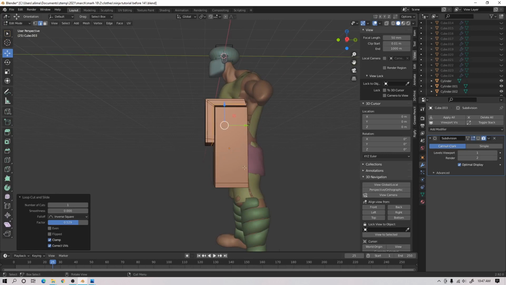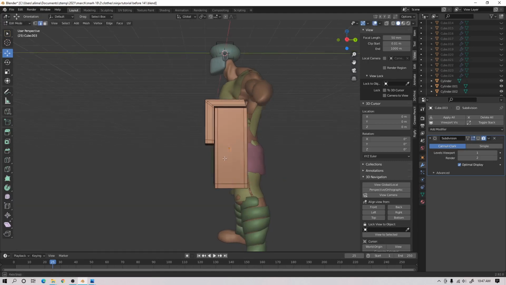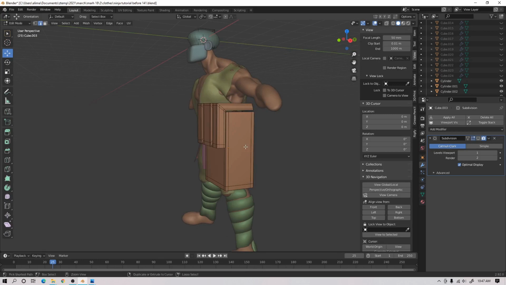Moving this so I can see it better. Hold Shift and the middle mouse button to pan. Hold the middle mouse button to rotate. Hold Control, press R. So these are supporting loops. So now with those loops,